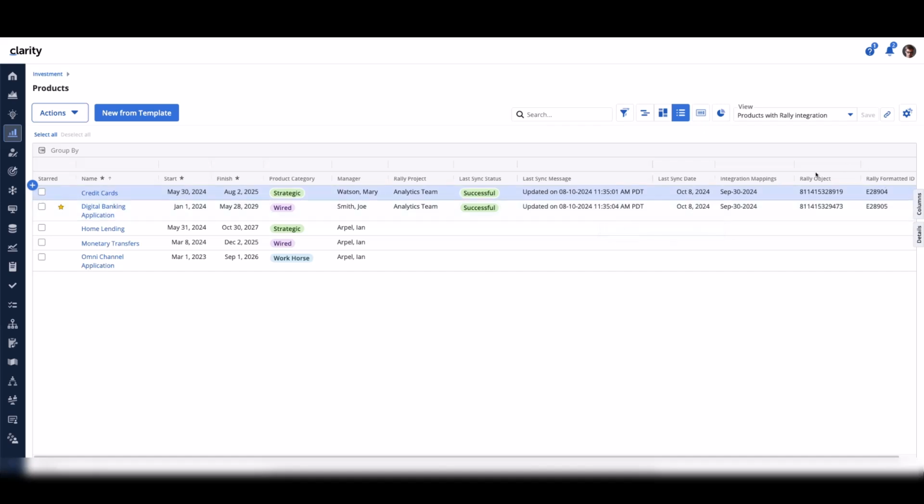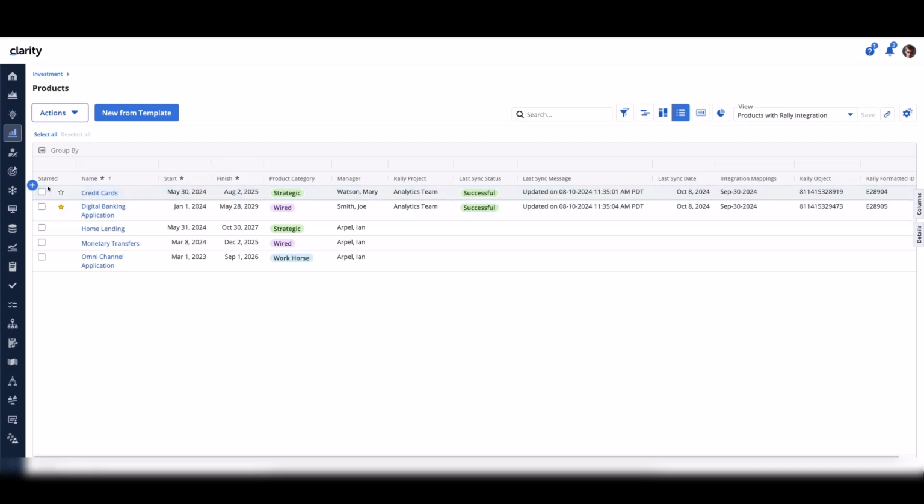Also, that object ID and formatted ID are another indication of a successful synchronization with Rally. The 2 products that have been synced, you can also see that the manager is listed. So we have Mary Watson and Joe Smith.